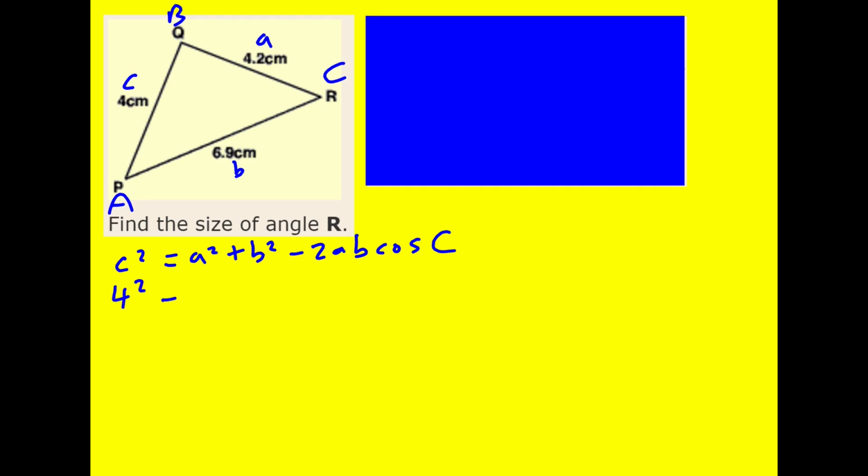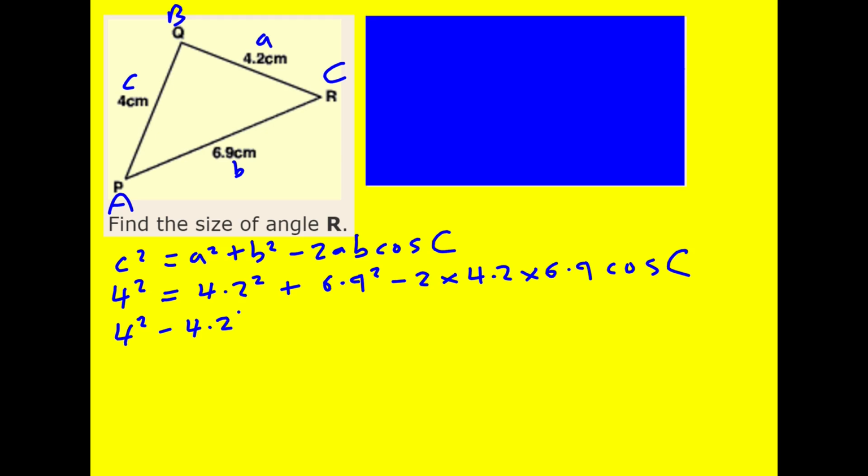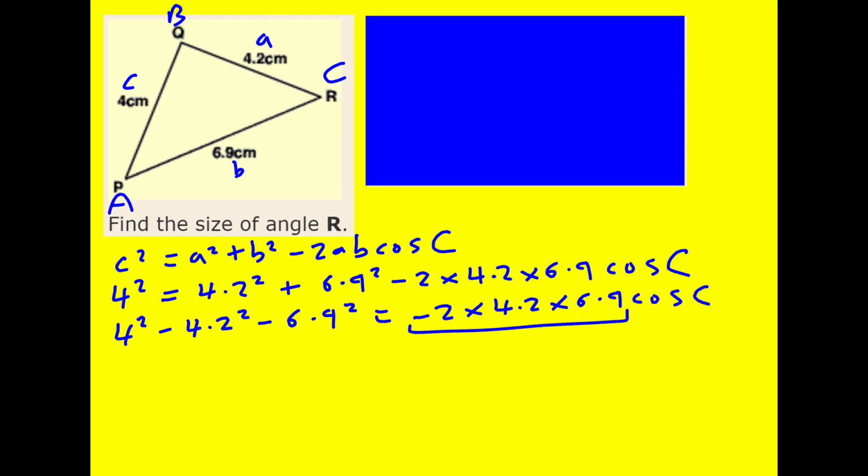4 squared equals 4.2 squared plus 6.9 squared minus 2 times 4.2 times 6.9 cos c. I'm going to minus 4.2 squared and 6.9 squared, doing it all in one go. And that's going to equal minus 2 times 4.2 times 6.9 cos c. I'm going to divide through by all of this. So cos c